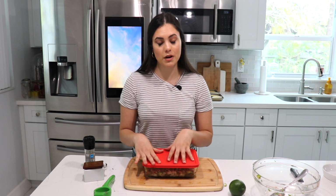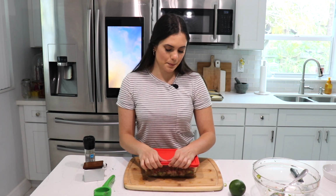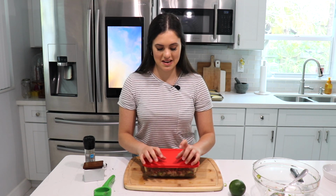And then once I see that the shrimp has cooked almost completely, then I know it is safe to eat. Of course, if you are using already cooked shrimp, you only need to marinate it for like 30 minutes to an hour because it's already cooked. So you just want to let the flavors still marry together and marinate together. But that is it. I will meet you back here in a couple of hours to show you the final